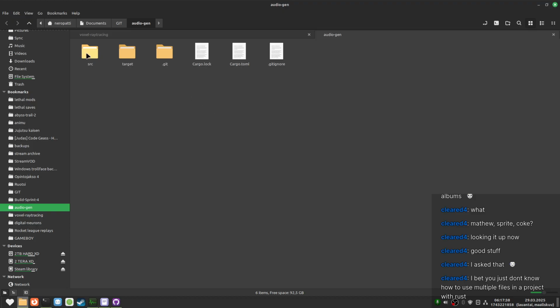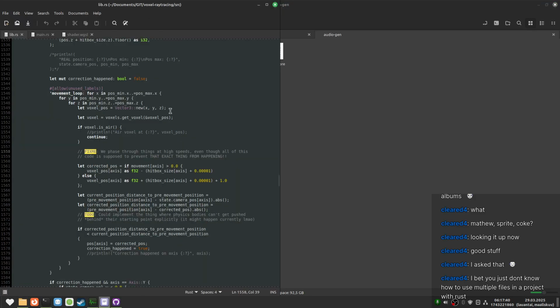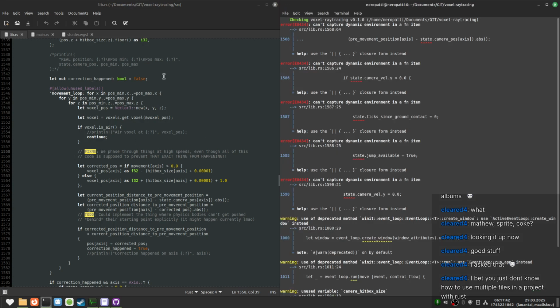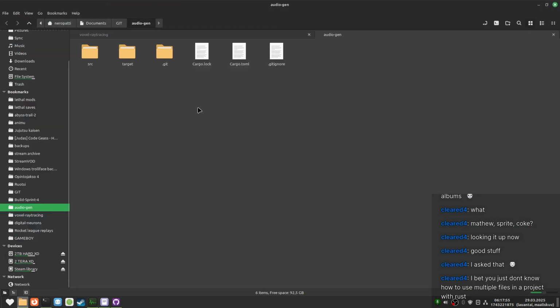If this starts getting bothersome, then I'll figure it out and split into multiple files. But right now it's just unnecessary complexity. It's not only that, it's the thing that I said, but that's part of it.